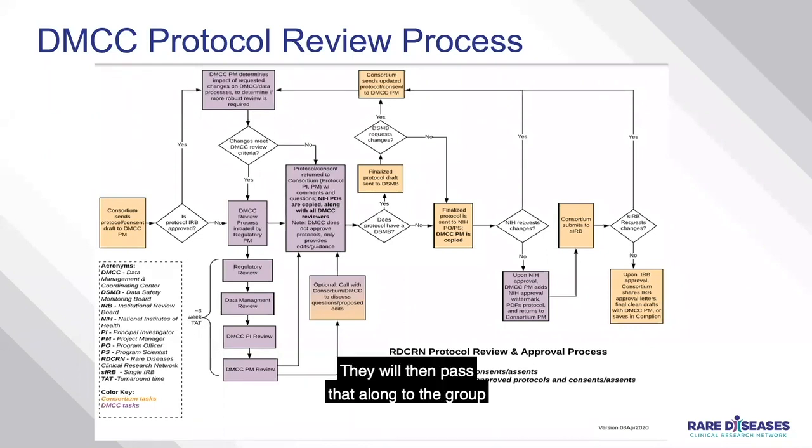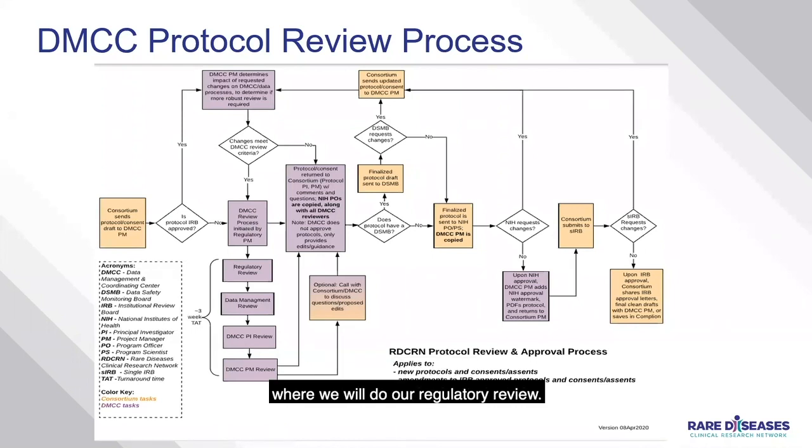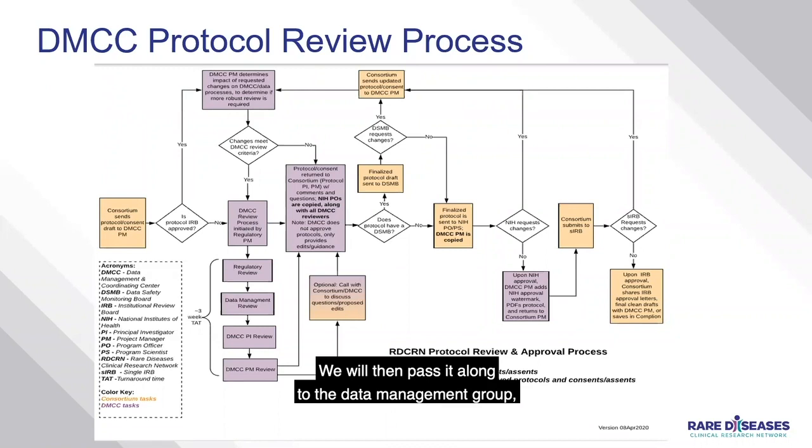They will then pass that along to the group that I work with, where we will do our regulatory review. We will then pass it along to the data management group, and the PIs of the DMCC will do a review as well. Several of you have been on calls that we've had to discuss the protocols at that point, where we pass along our suggestions on things that we consider altering or changing that could help improve the